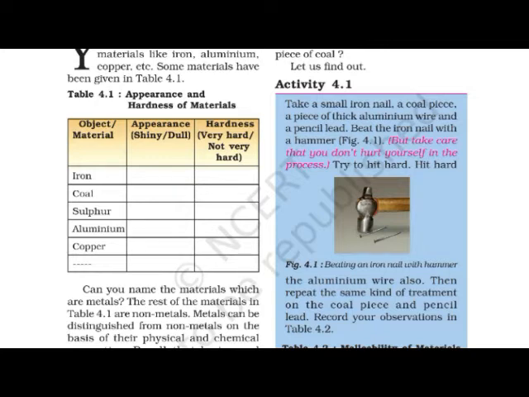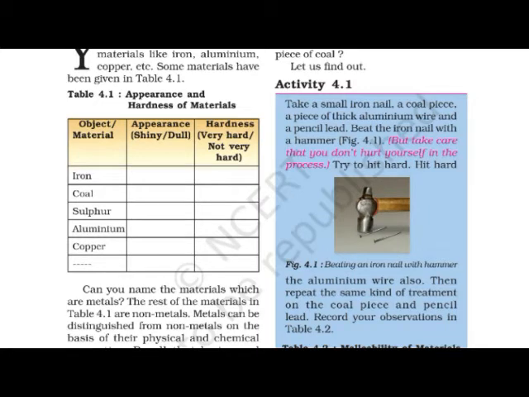Metals can be distinguished from non-metals on the basis of their physical and chemical properties. How can you decide whatever is good or bad? From their characteristic properties. In the same way, about a material or an object, we can tell whether it is a metal or non-metal based on its physical and chemical properties. Recall that luster and hardness are physical properties. We have seen this in the previous classes, but we are going to repeat it. It will make us very sure to identify whether the given object is a metal or non-metal.